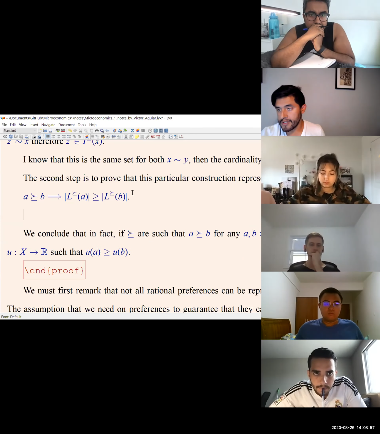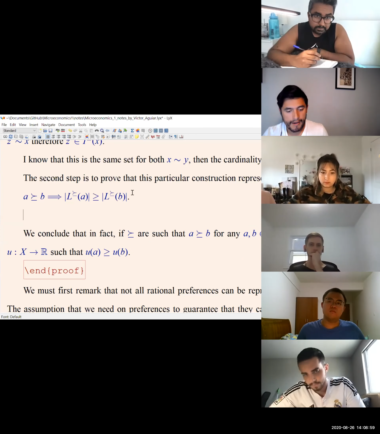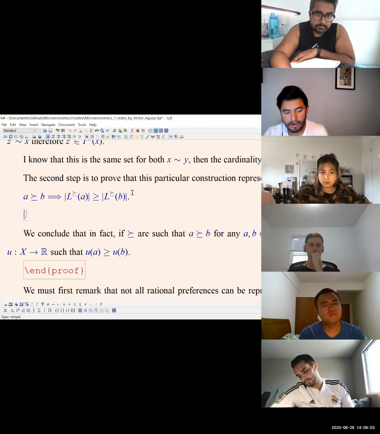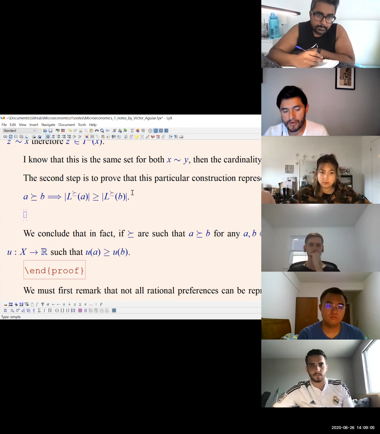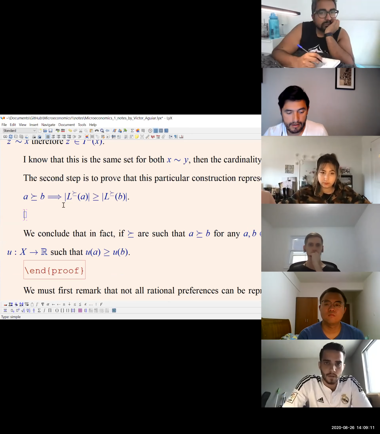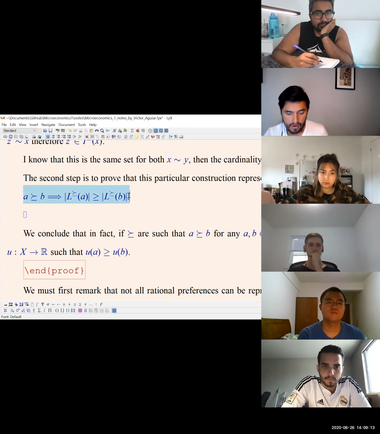Okay, so I want to show this. Now, I start with some object. I want to show that the cardinality of the contour set A is greater than or equal to the cardinality of the lower contour set B. So what I want to show, this statement here, is equivalent